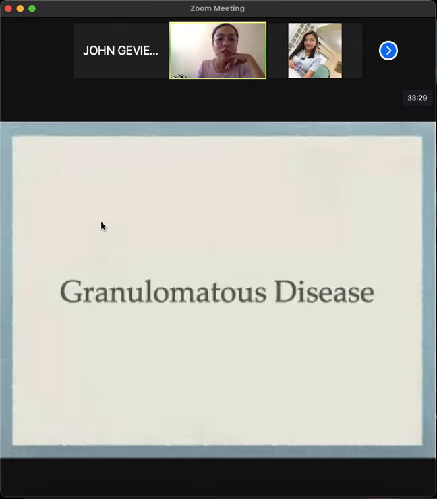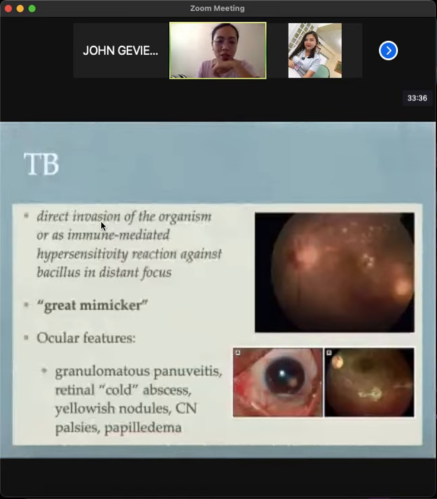Next would be the granulomatous diseases. So we have TB, sarcoidosis, leprosy, syphilis, and toxoplasmosis. As we all know, TB is a great mimicker. It infects different parts of the body and the eyes are not spared. Ocular TB is an extrapulmonary form of TB and may also be an endogenous spread from your systemic